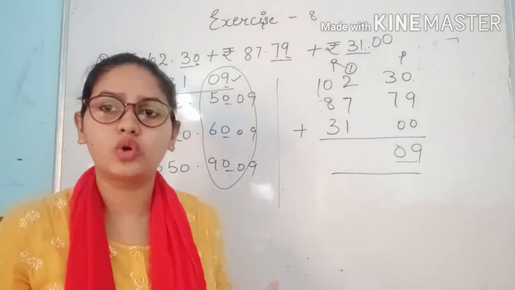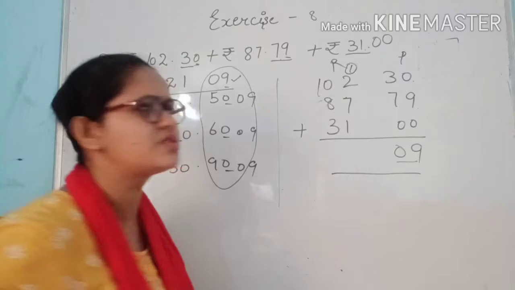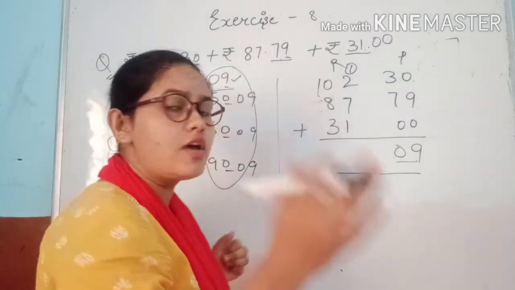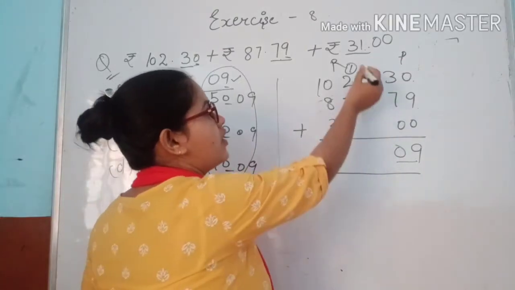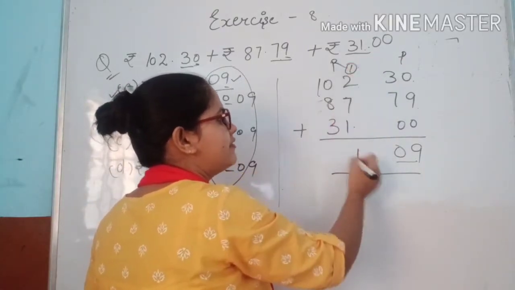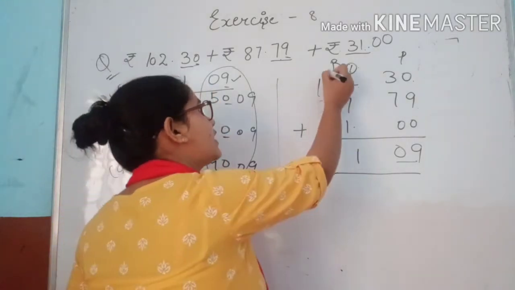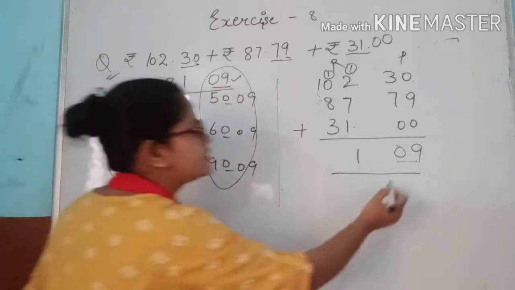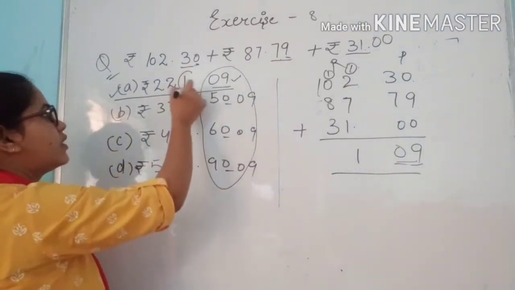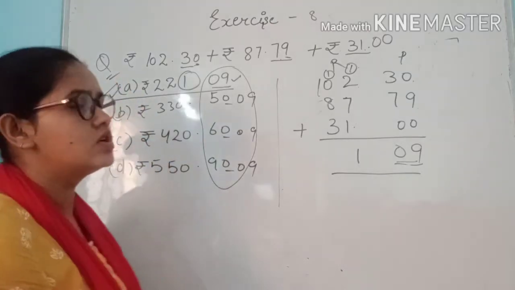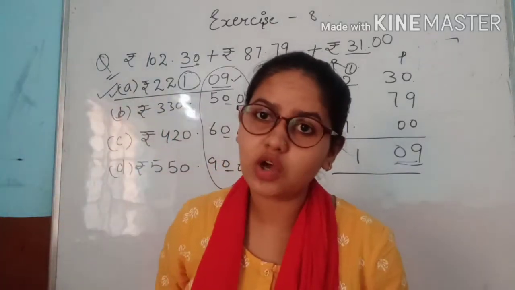So what we have to do, we have to solve this third one, which means the rupee section we have to solve it, beta. So when we solve this equation, now here is 1, 2, 7, 8, 9, 10 and 1, 11. 11, carry. Now we can compare this. If the two digits are same and the third digit is 1, which one is the right answer? The first one is our right answer. So by this method you can quickly solve your sums.